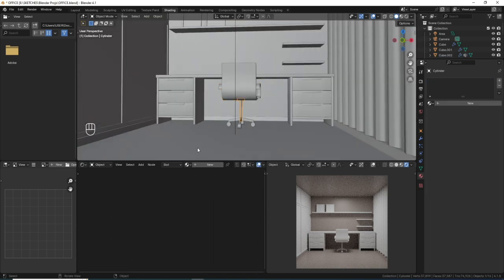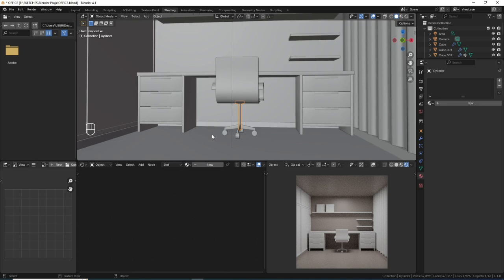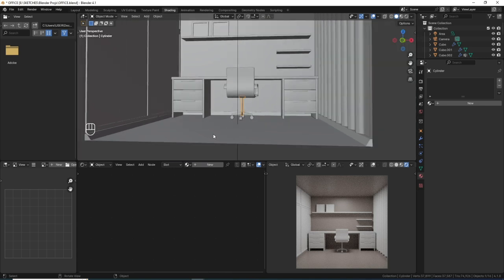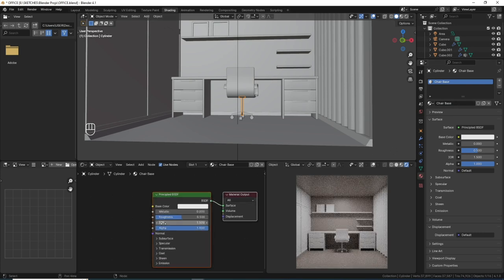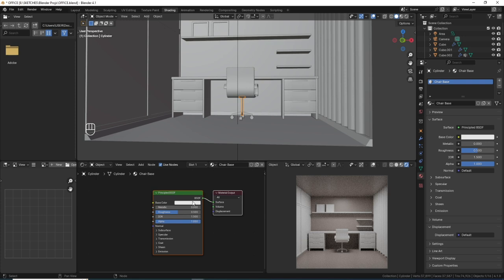Then let's add the base material for the chair. Let's select the base, then go to the material tab, add another material and rename it chair base. Now for the chair base, we are going to leave the hue at 0 and the saturation, and we are going to change the value